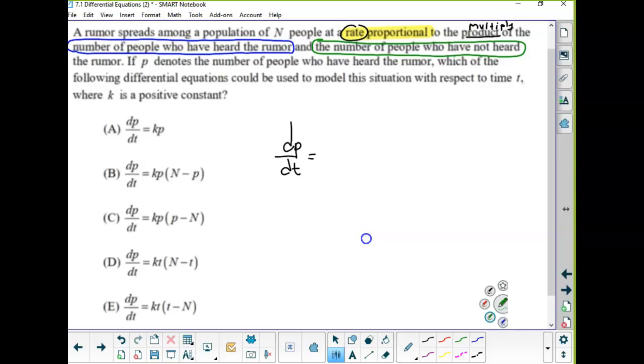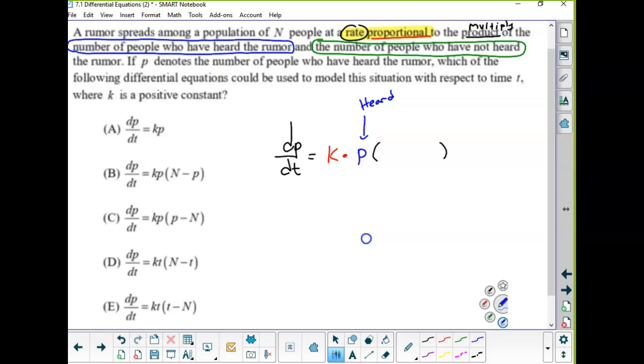And then when we read later on, it tells me what those values represent. So when I think of proportional, that's k times something. So proportional is multiply. And what do we have? We've got the number of people who have heard the rumor. Well, if P denotes the number of people who have heard the rumor, we're going to multiply that by the number of people who have not heard the rumor. So that's the hard part. How do we know who has not heard the rumor? Well,